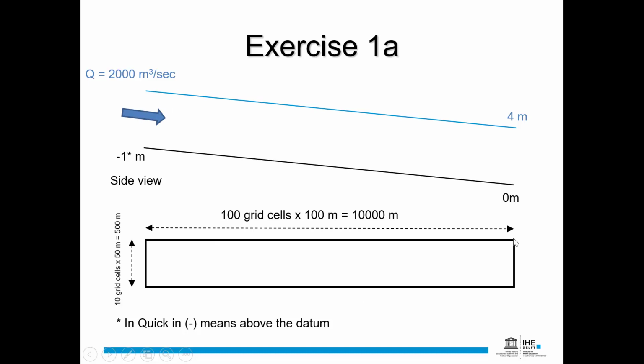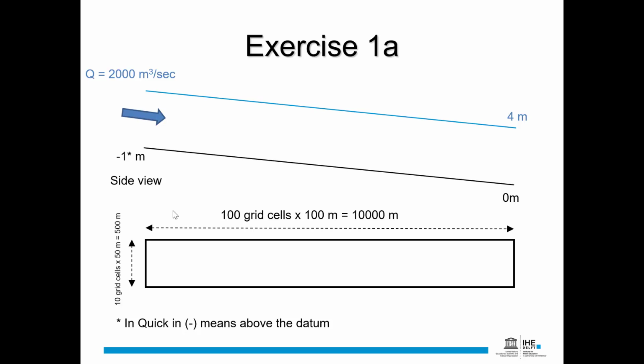And this is the dimension of the canal if we look from the top: 10 kilometers by 500 meters. So now let's stop the presentation here and try to build this model in Quickin,